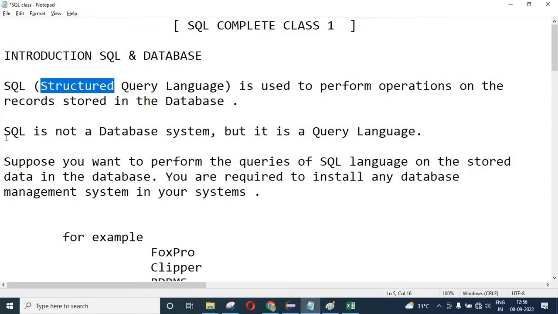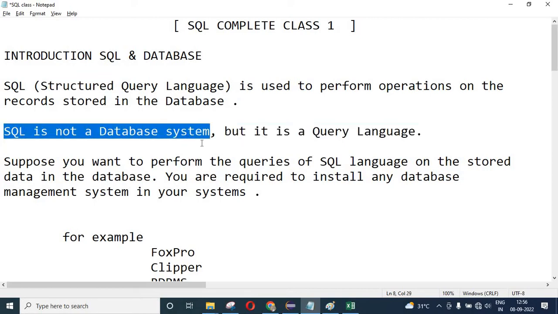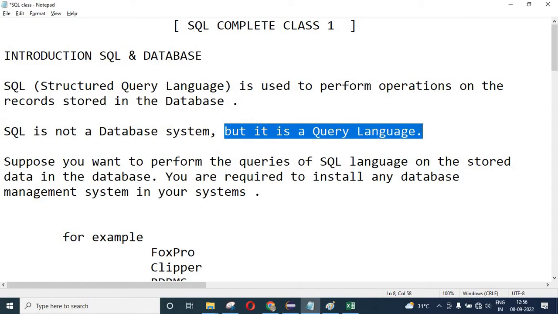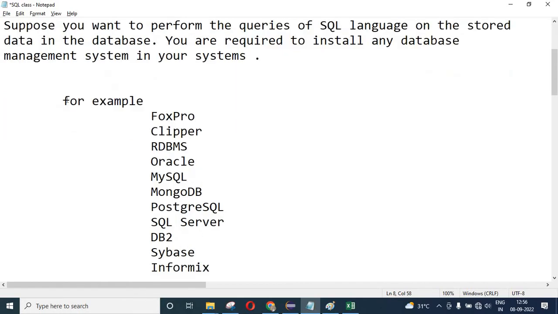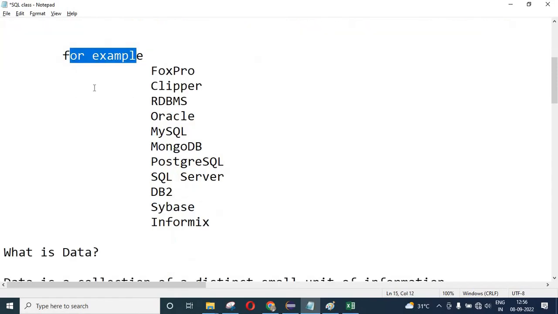Some people think SQL is a database system. It is not; it is a query language. It is not a database, it is a query language. There could be so many queries or operations that have to be performed by a human or users. Okay. So here, for example, I have